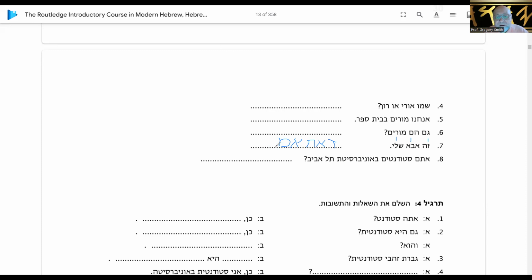Okay, so Ima. Zot, Ima, and it's still going to be Shali, to me. Because remember, in the first person, this actually is like possessive ani, possessive I, to me. So it's going to be Zot, Ima, Shali. I think that's right. Let's find out if it's right or not.